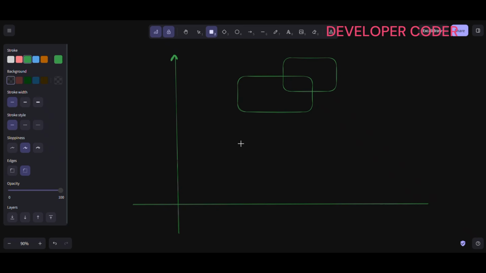This is one square box. Let's say this is one square box here. Let's say this is one more square box, and let's say there is one more square box here. Just treat these shapes as square boxes only. So what I want to tell you here,